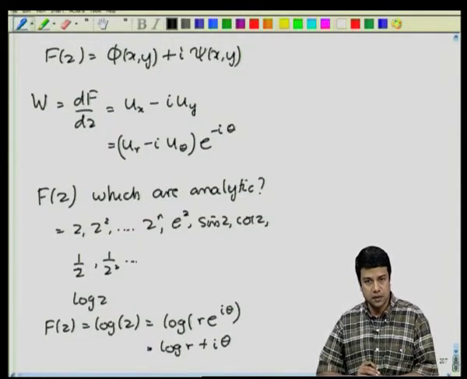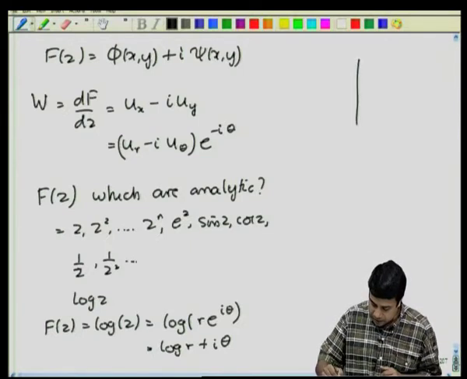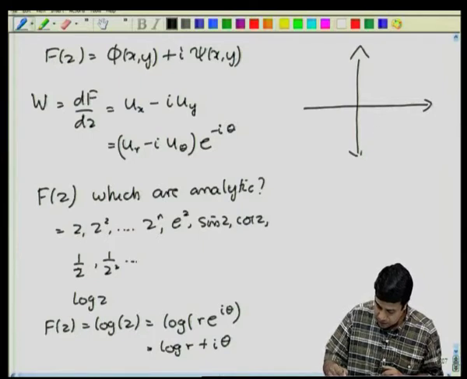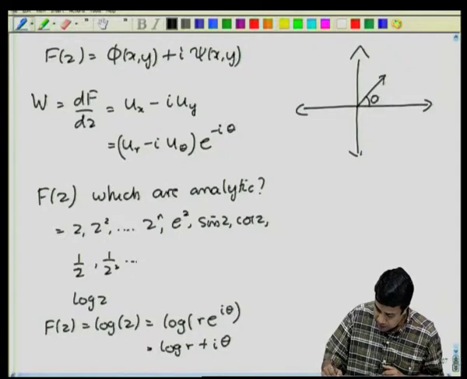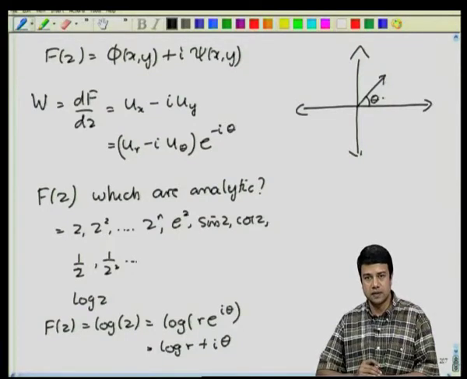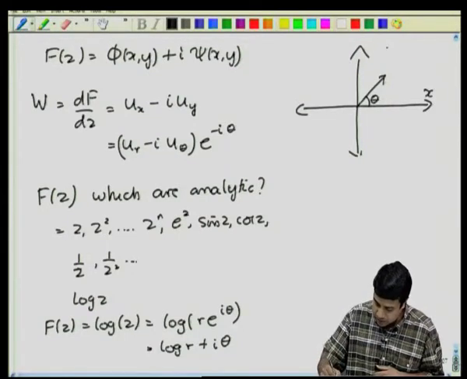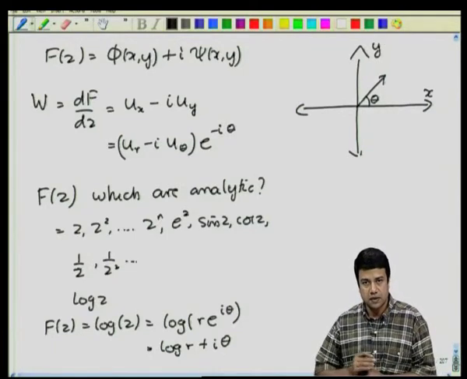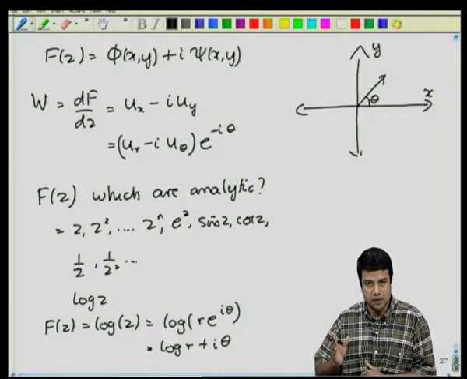Now, the point is that in the complex plane, the point at a particular location is defined by r and theta. Okay. So, this is the angle from 0, this is x and y, this is the angle from the x axis. So, I have a point whose coordinate is r and theta. The angle from the x axis is theta. However, theta is not uniquely specified for this case,